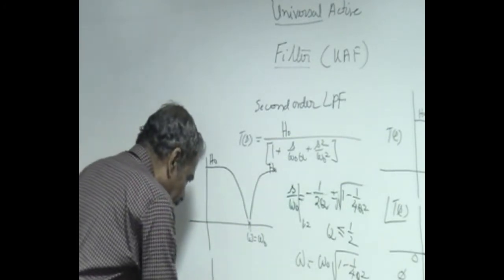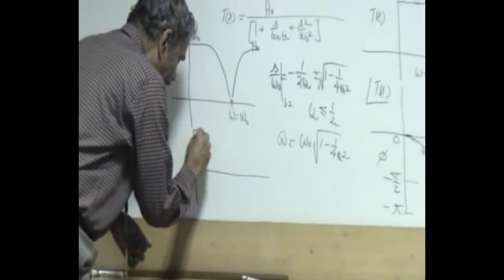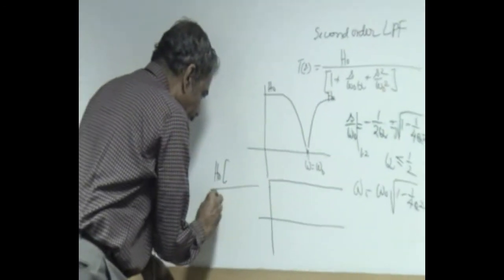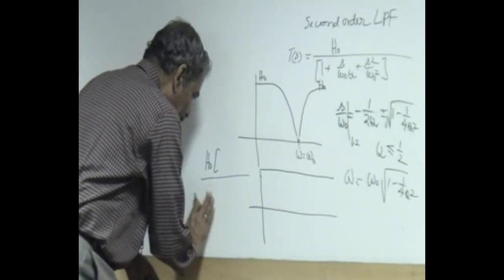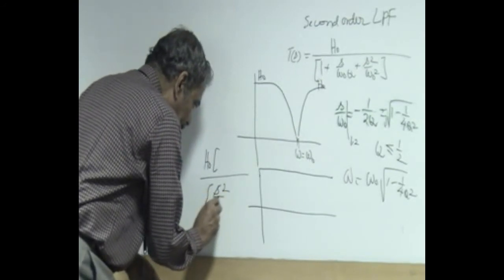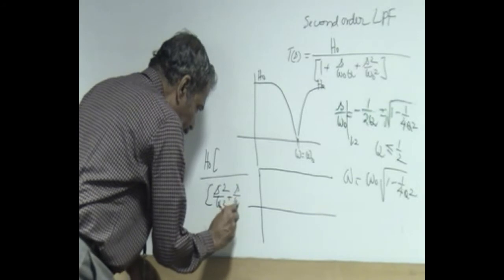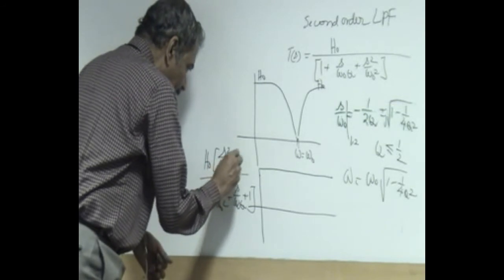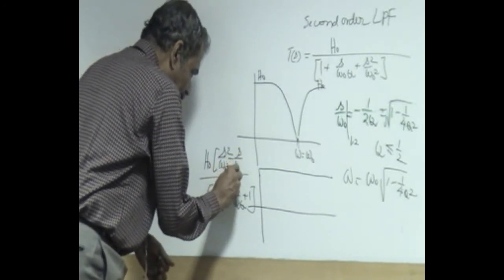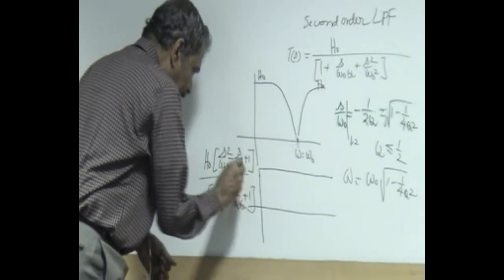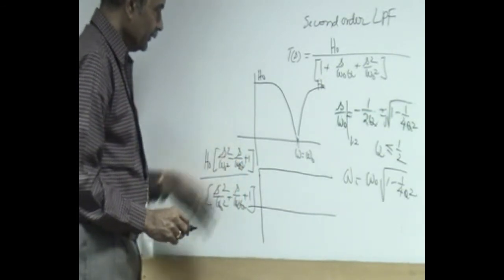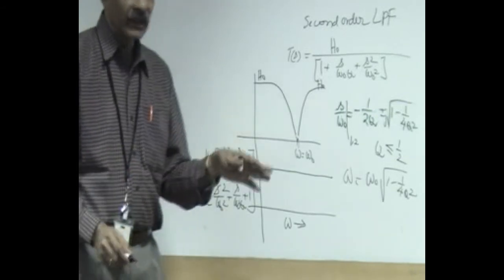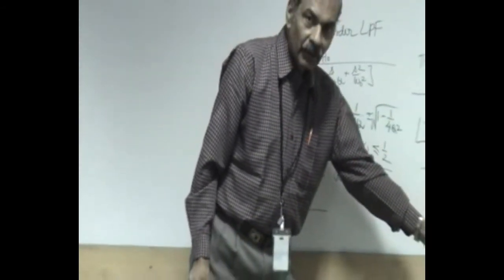And an all-pass filter has the poles and zeros as mirror images. The poles remain the same as before, and in the zero you have high pass, then band pass with negative sign, and low pass. So this gives you a constant magnitude characteristic. However, the phase varies from 0 to 360 degrees.